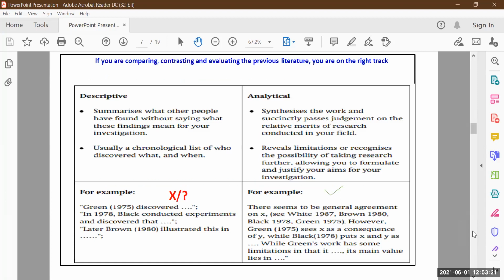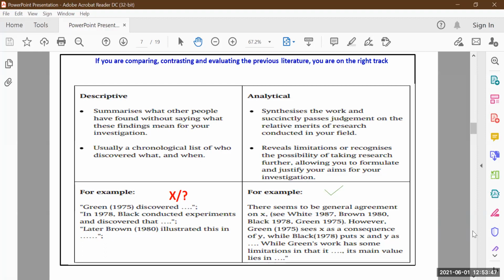So, how are you going to summarize or write the literature review? There may be two methods. Descriptive, like this and this has done this kind of work, and then like that one. Okay. Just as a third person, you are saying something.